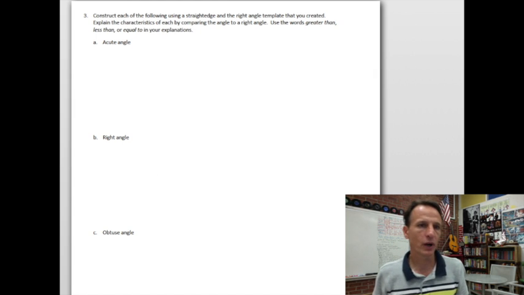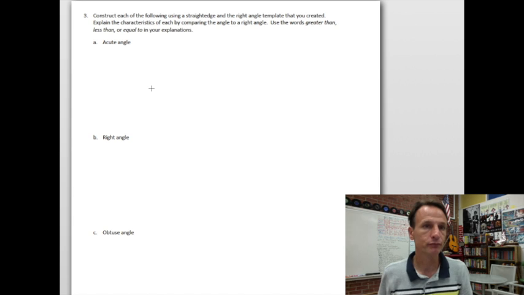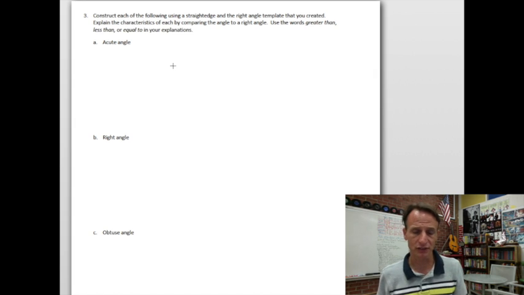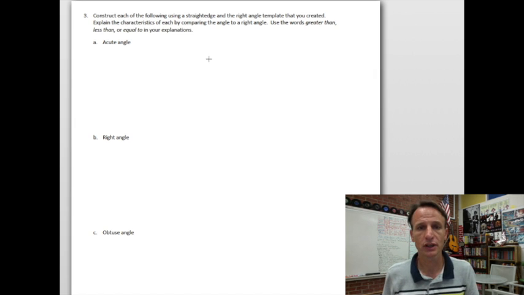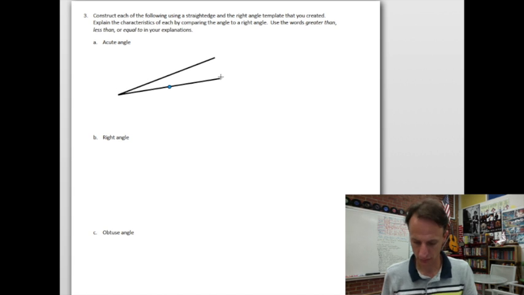No problem. So I have this funky little broken line tool. I'm going to use the space here. I only have to draw 3 angles on this whole page, so this is not a lot to do. I'm going to draw a nice, big, acute angle. Beautiful, there it is. And then I'm going to write about it. Well, here, I'll draw the arc inside as well. There's the arc. And I'll say that this angle is acute